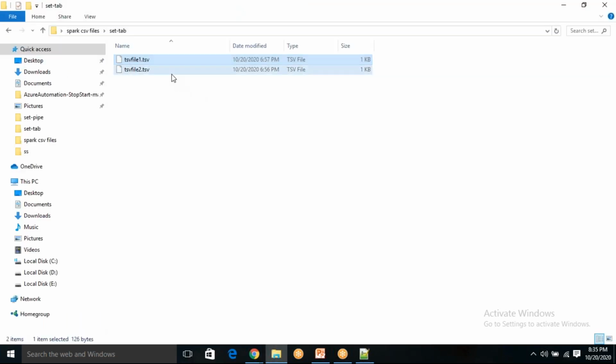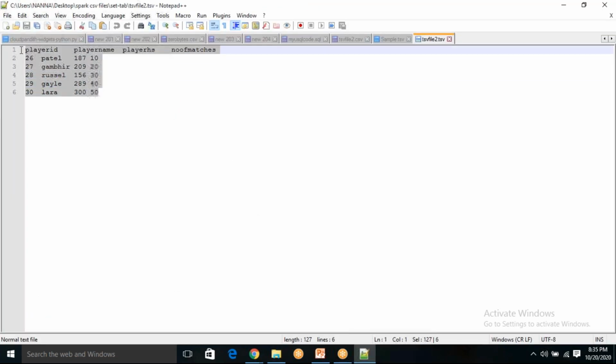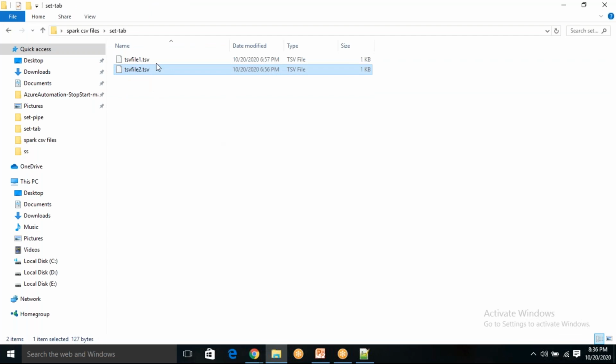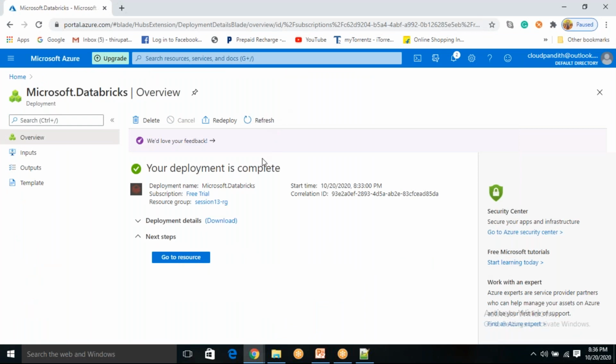Everything I have created myself, because it would be difficult to get it online. These are records 26 to 30, and the previous file has 21 to 25. So the TSV files go from 21 up to 30, and we have 2 TSV files, each having 5 records. Clear? Got some idea of what types of files we are going to work with.